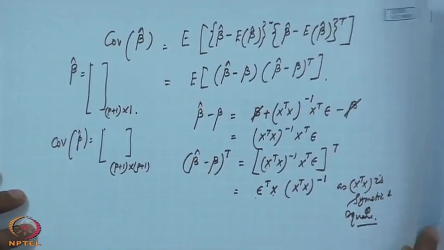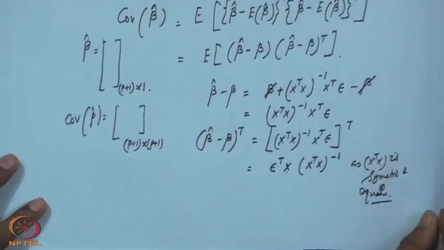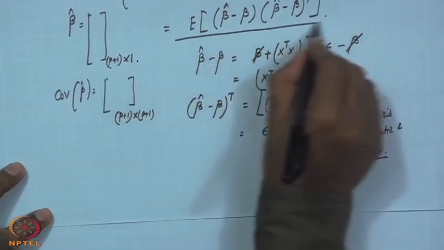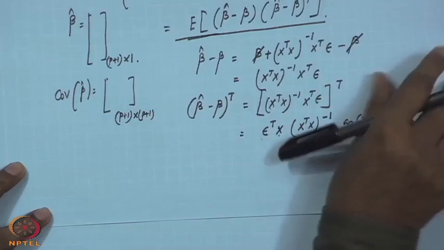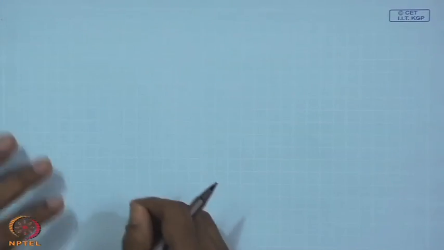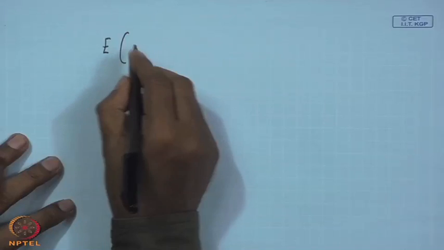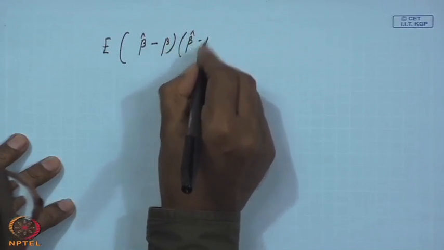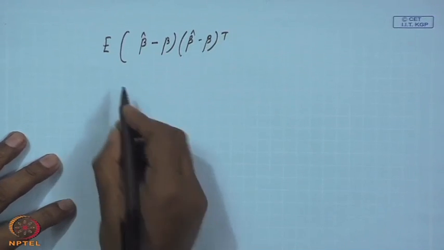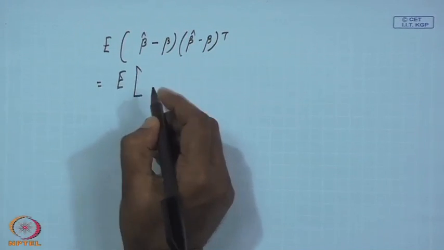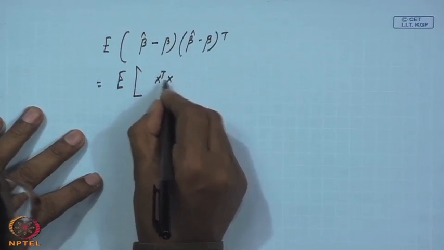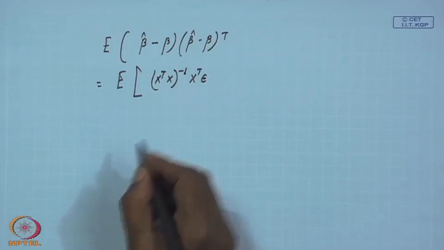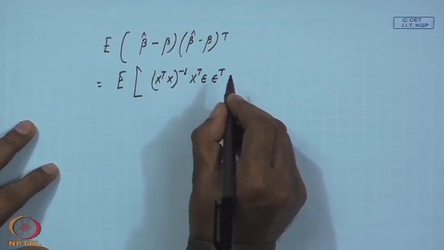Okay. So, then if we use now this expectation operator here, we can take one more page. The expected value of (beta cap minus beta)(beta cap minus beta) transpose is nothing but the expected value of x transpose x inverse x transpose epsilon, then for this one epsilon transpose